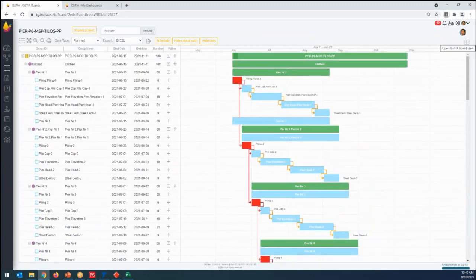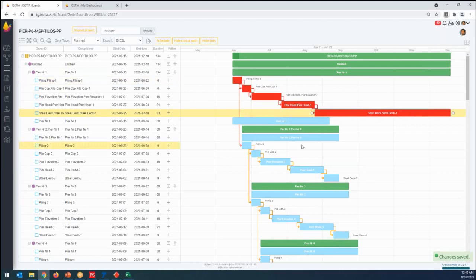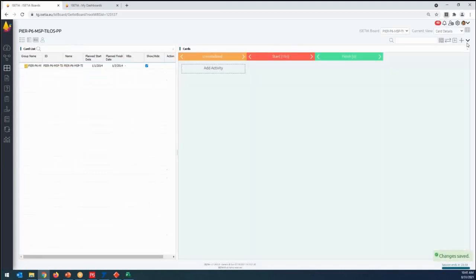By the way, when you bring from P6, you have the possibility to modify also. So this is not read-only. Now you can modify it. You can see that it recalculates the critical path. Our idea is using Primavera at the beginning, but after we bring it here, we would like to make the system live. Of course, you can send it back, but we just recommend, okay, you bring it here and please keep all the information here, because now I will enter progress. I will also add, for example, here information. So this is, let's say, our Gantt module, and I would like to move to the ISETIA module.